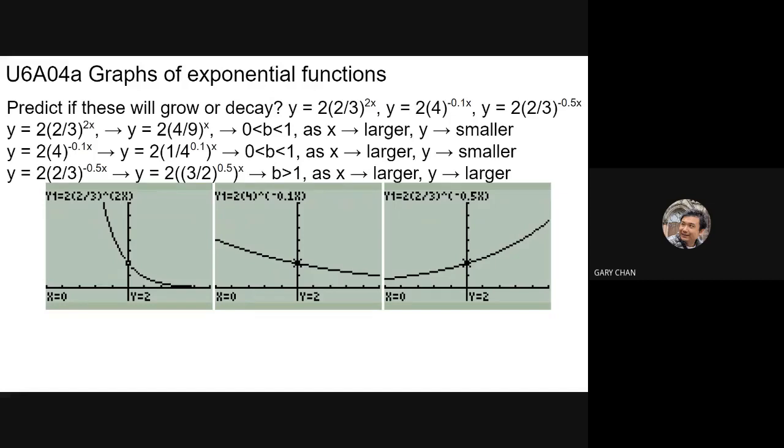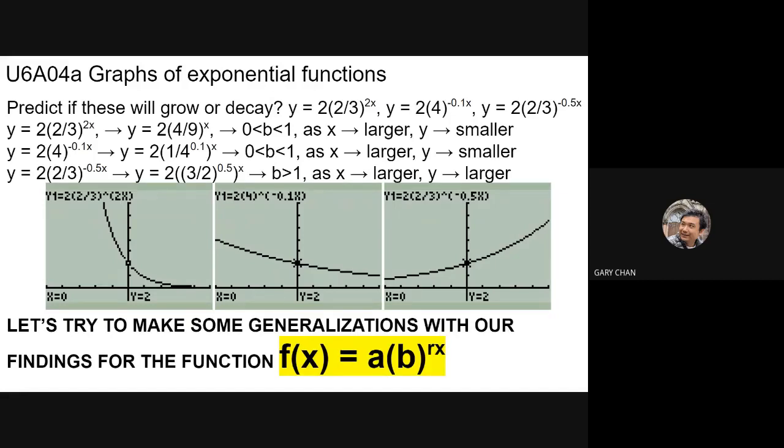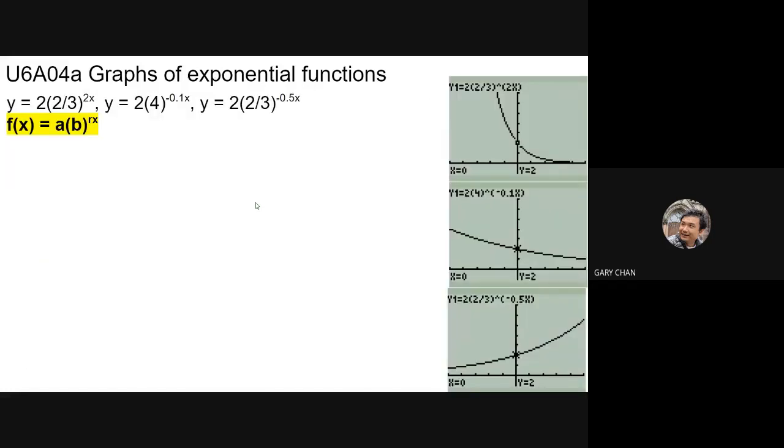Let's try to summarize our findings for the function f of x is equal to a b to the rx. Notice now I added in another value for r here, in the exponent. That's because we can certainly change up the values of x, whether or not we have a coefficient next to it. So based on our observation here, for the function f of x is equal to a times b to the rx,